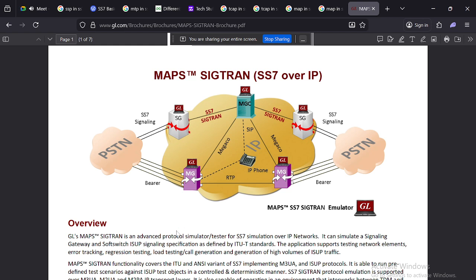So, MAP is used by the HLR, home location register, and the VLR, visitor location register, and mobile switching centers, short message centers, and authentication centers. It verifies whether a SIM is valid, whether the credentials are valid, and so on. Some other people purchase a VoIP phone.